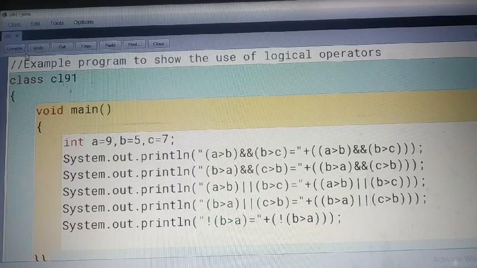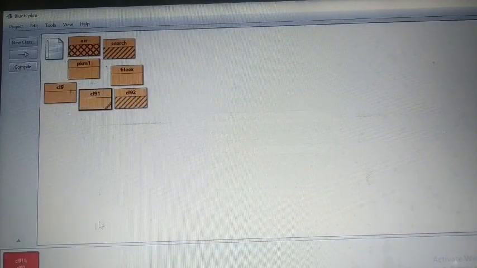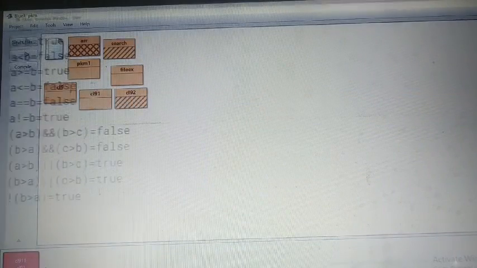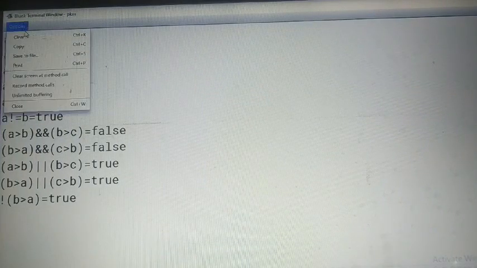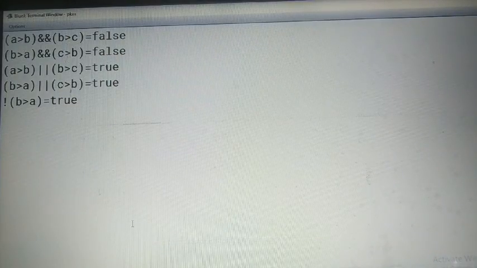Let's see. Sorry, it was a pre-result here. We will take another run of the program. See, false, false, true, true, true, true. Yes, it was a wrong result, so it returns true. Means it was false, so it will return true. Means just the reverse of that.